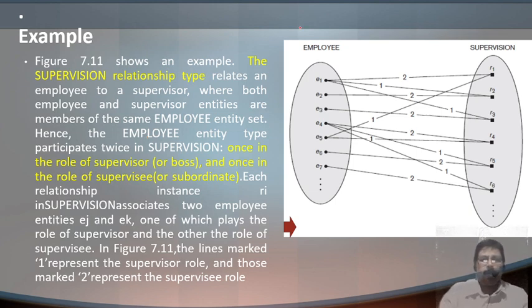Here we have a diagram, right? We have an entity, correct? We have a relationship, and the relationship is a supervisor relationship. Now where is the supervisor table? We have not created that, right? So what it is saying, the supervision relationship, it's a relationship that relates an employee and a supervisor.